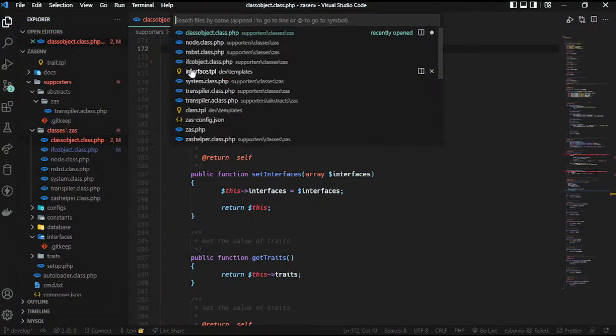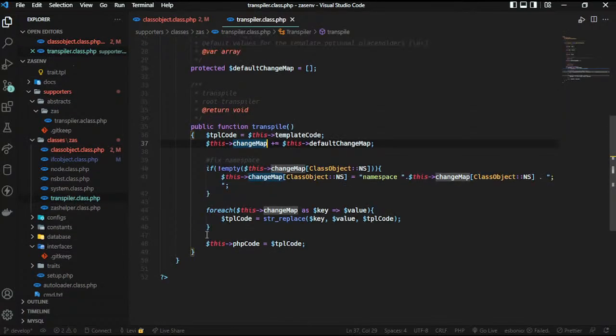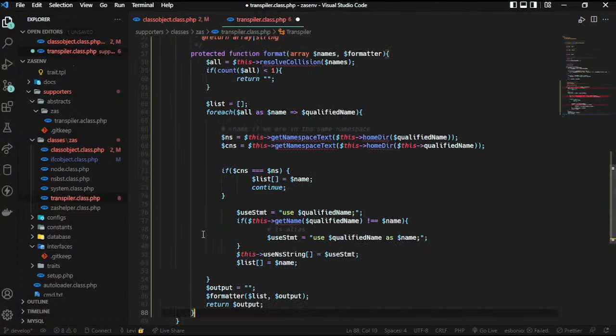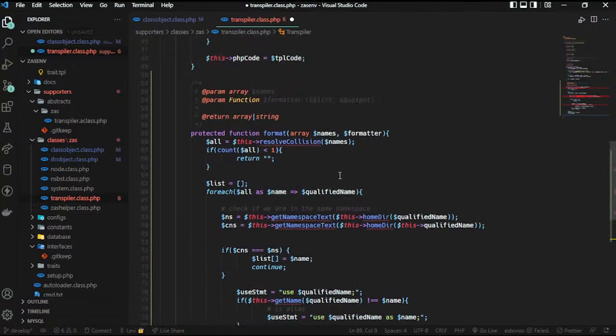This is going to be transpiler. Yeah. So let's put this here. Now resolve collisions and get namespace text. They are specific. So that means this